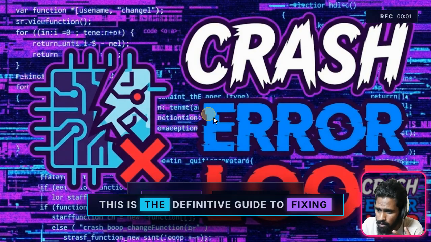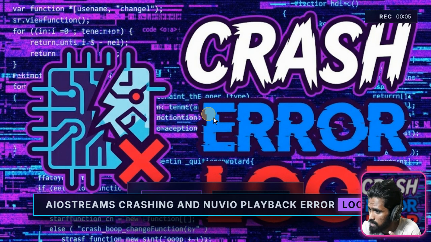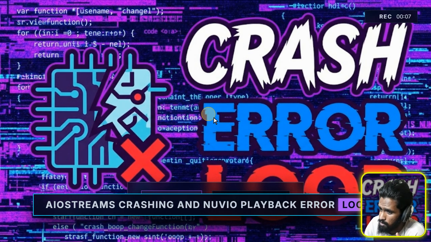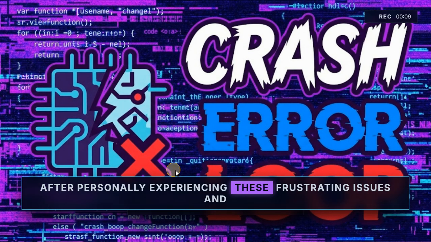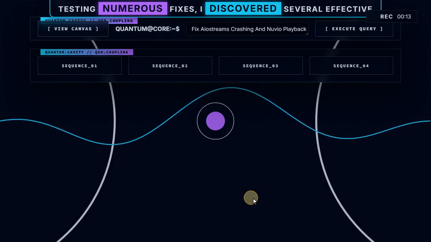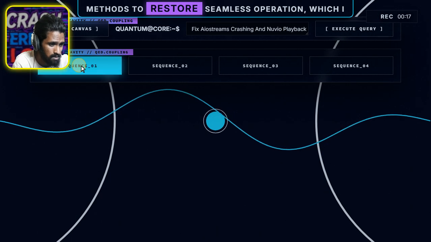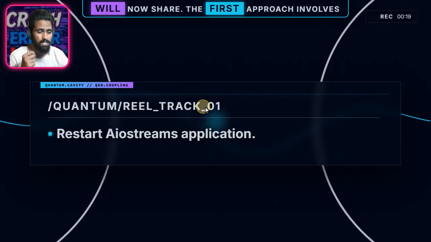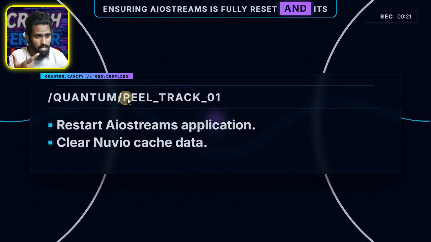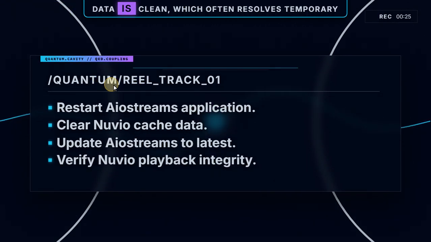This is the definitive guide to fixing Aiostreams crashing and Nuvio Playback error loops. After personally experiencing these frustrating issues and testing numerous fixes, I discovered several effective methods to restore seamless operation, which I will now share. The first approach involves ensuring Aiostreams is fully reset and its data is clean, which often